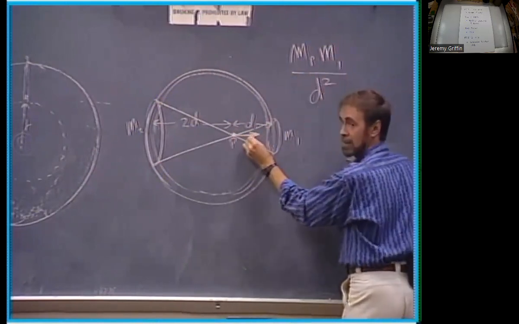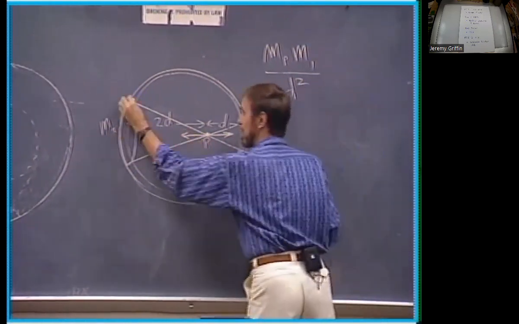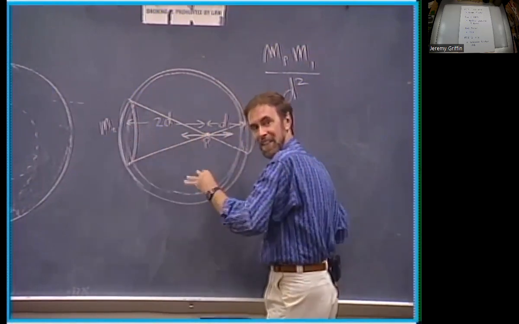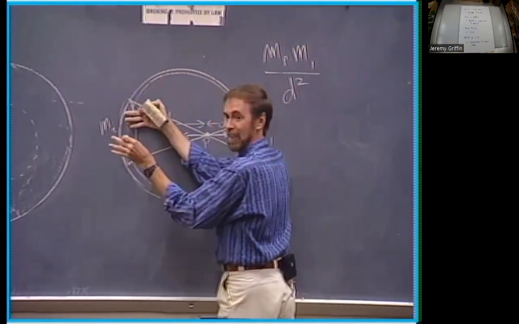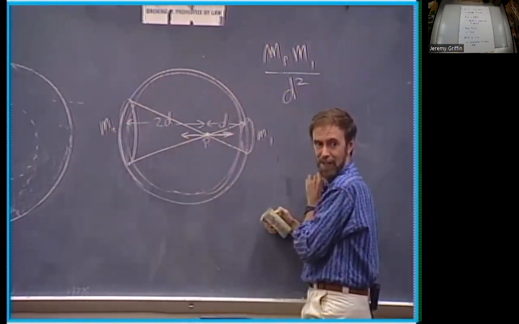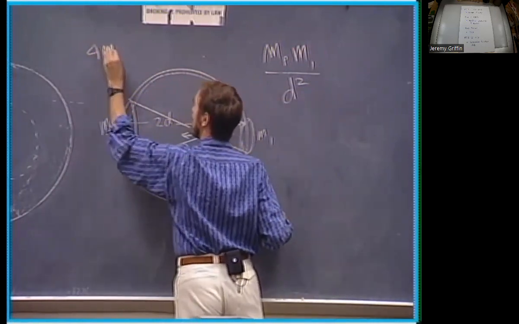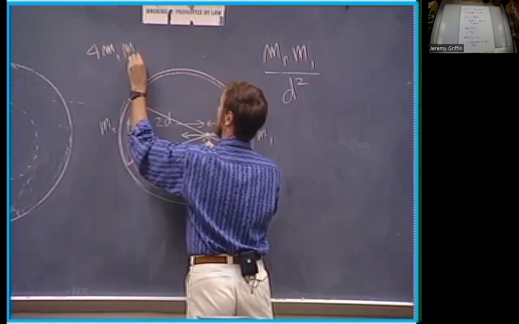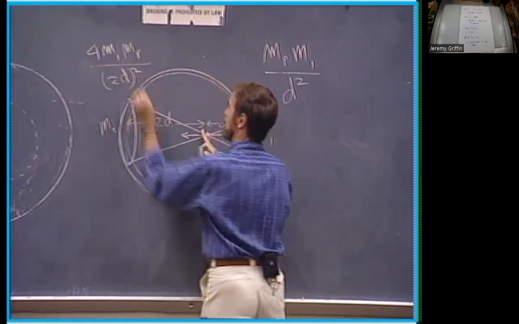That's this force. The force that's pulling over here, you might think it's more because there's more mass. Or you might think it's weaker because it's further away. And guess what one does to the other? When you're out here, it'd be twice as much this way, but twice as much this way. So how big would M2 be compared to M1? You see it's 4? So M2 would be 4 times M1. That'd be 4 M1s, times your mass, M_P, divided by this distance here, 2D squared.